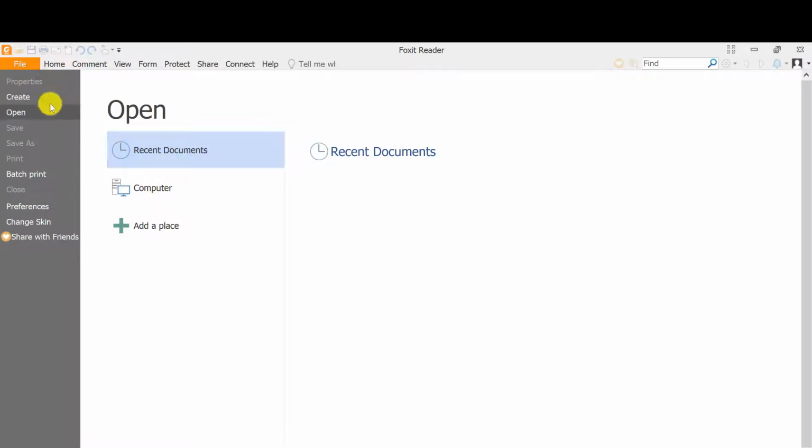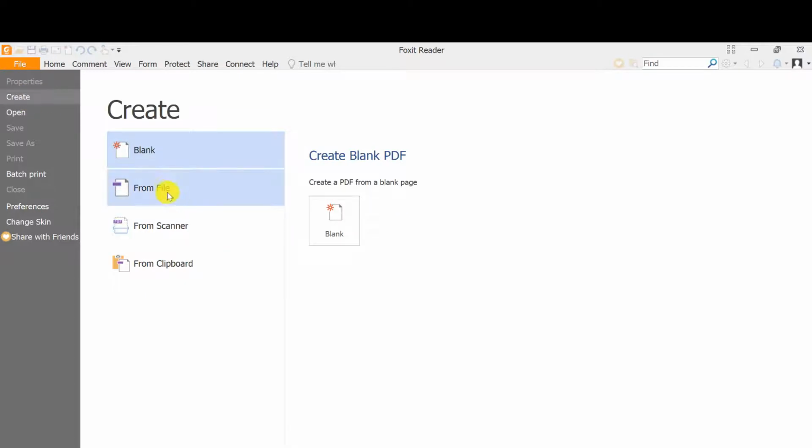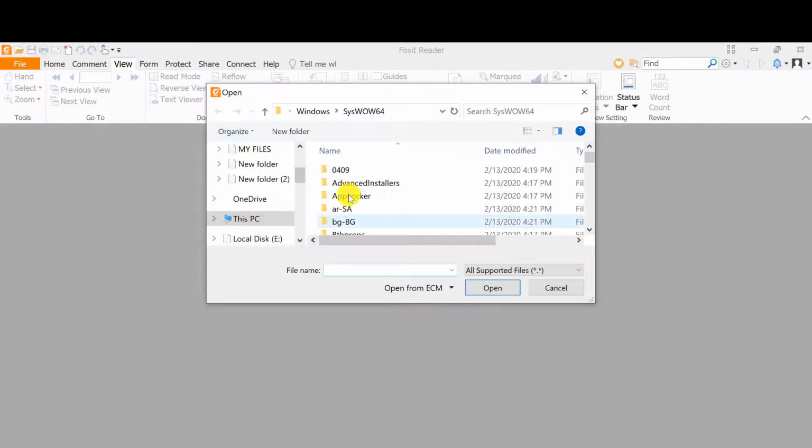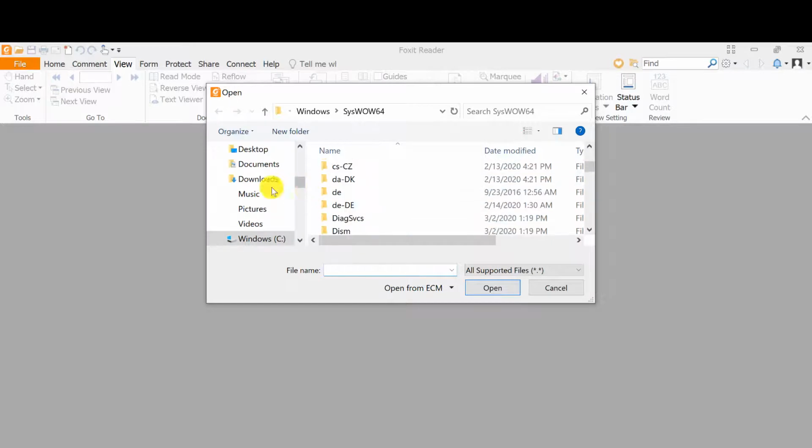So let me create an example from files. I want to convert a document to a PDF so you understand better.